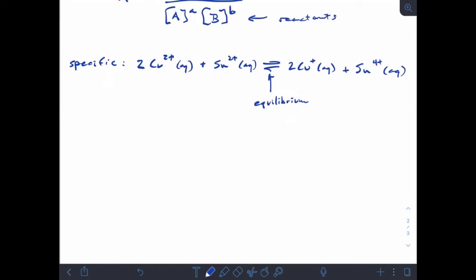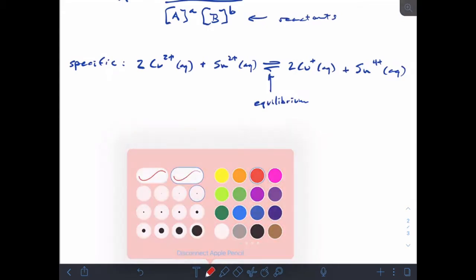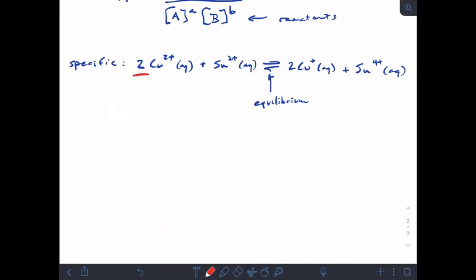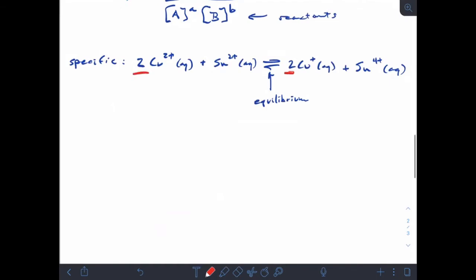Now I wrote this particular reaction because it has ions, and I want you to focus on the stoichiometric coefficients. We don't care about ion charges, right? That's just a description of a chemical species. All right, so if I write the equilibrium constant expression for this reaction,